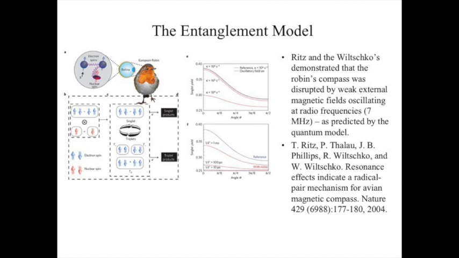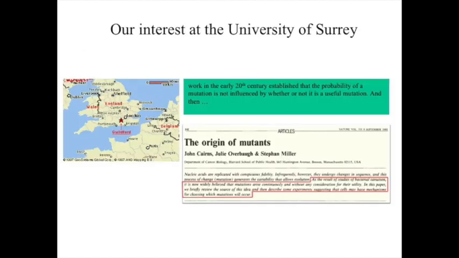Now, what I wanted to also tell you about is our own interest at the University of Surrey, mine and Jim's, which led to the book that we published. So actually, you all know where Guildford is. This slide is to tell people where it is. But the interest came because I'm, as John was saying in the introduction, really a microbial geneticist at the moment. I started off in biochemistry, but now I'm a microbial geneticist.